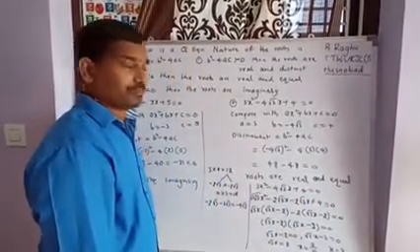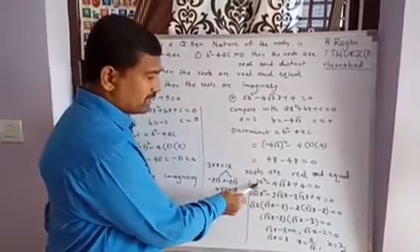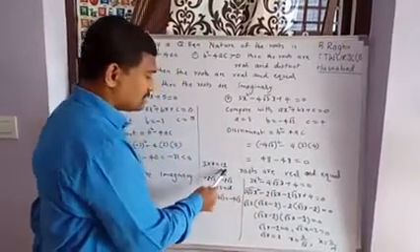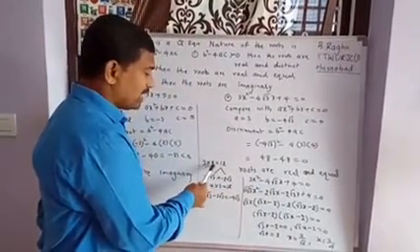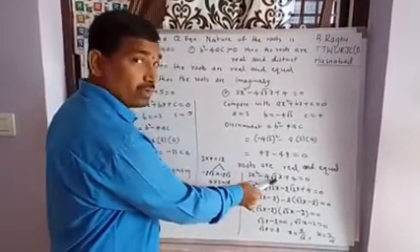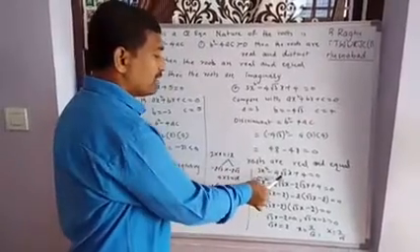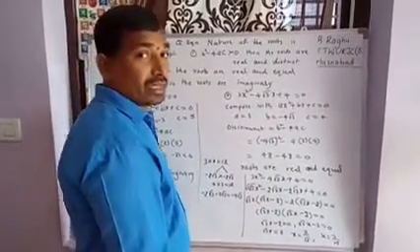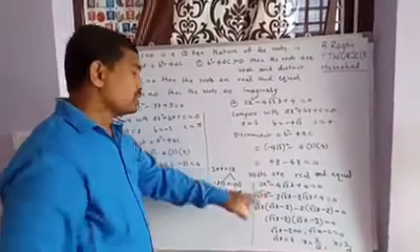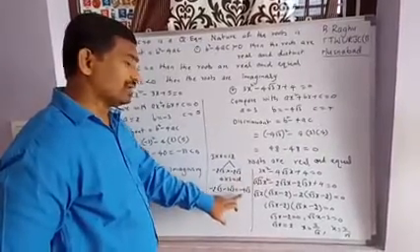Roots are equal. So let us find the roots. To find the roots, take x square coefficient times constant. What is x square coefficient? 3. Constant 4. 3 4s are 12. For 12 only 3 and 4 are the factors. If you add or subtract these two, we can't get minus 4 root 3. So we have to get minus 4 root 3 by adding. How can you get minus 4 root 3? So let us take minus 2 root 3, minus 2 root 3.